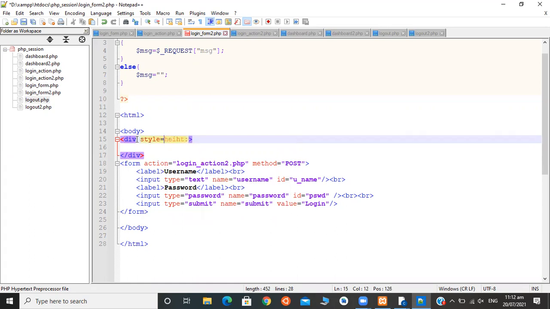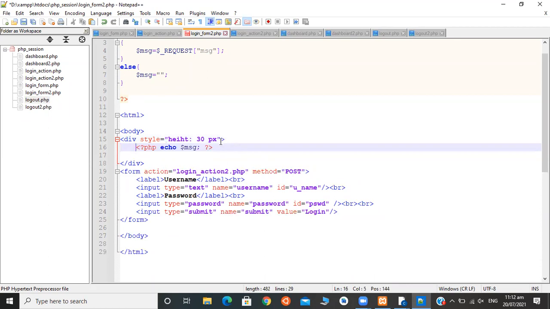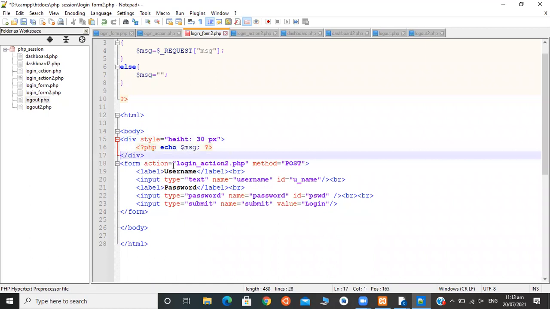Height equals 30 pixels. Then select it. What we are doing here? We are displaying the message we get over the URL in a div.